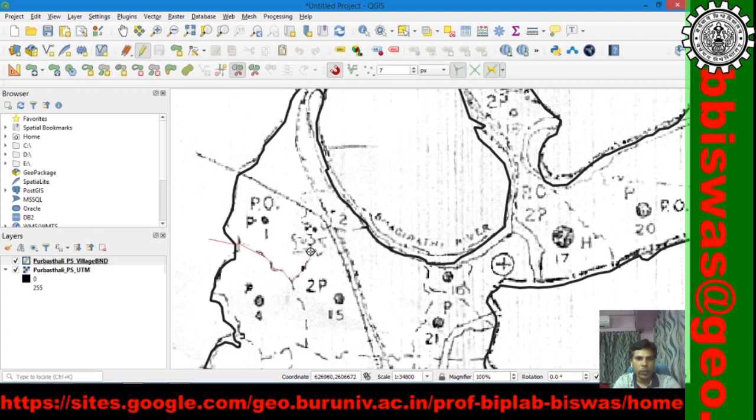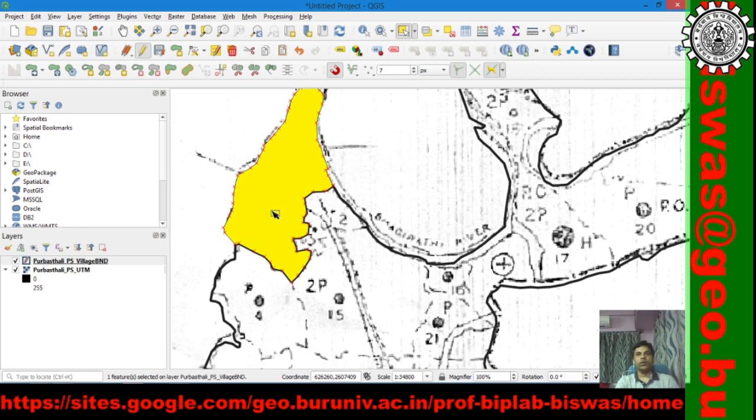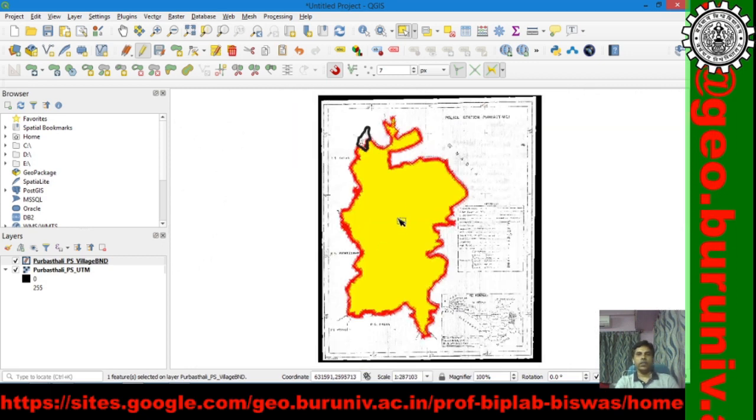So, you have to be very sure about creating the vertices. This click creates vertices, where there is a junction, you must click, you go a little extra, right click. So, you create one, you see this is one, and the rest BND layer is there.